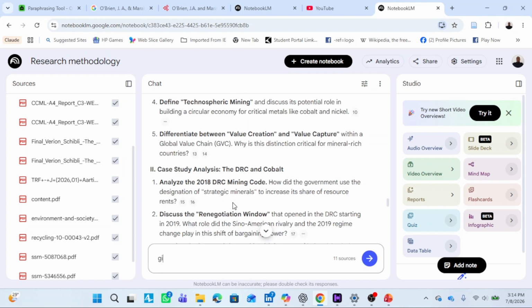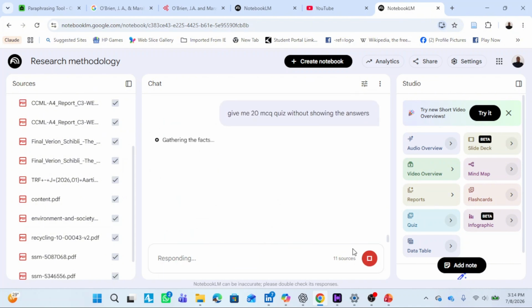Give me a MCQ quiz without showing the answers. So it gives you, let's say you say give me an MCQ, let's say give me 20, I'll specify, give me 20 MCQ quiz without showing the answers. So it looks at the PDFs you have and then it generates the 20 MCQ quiz without showing you the